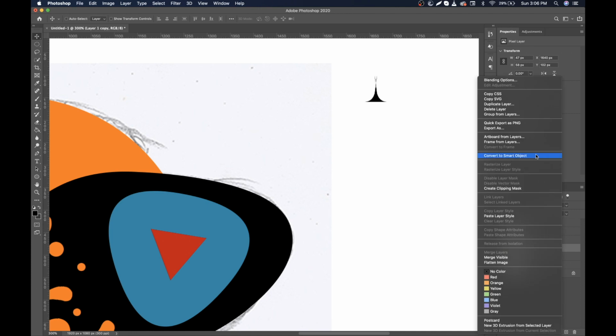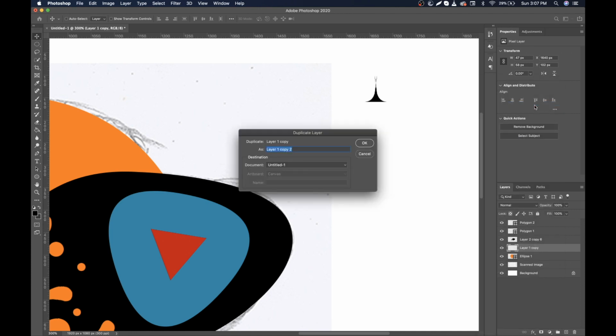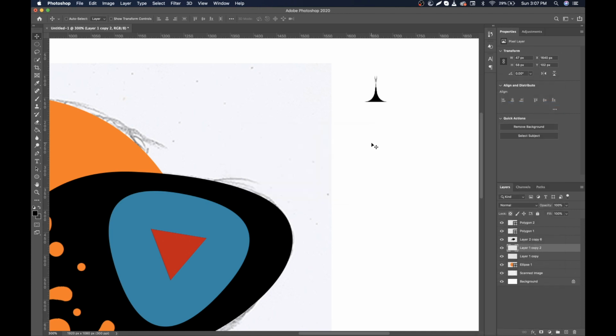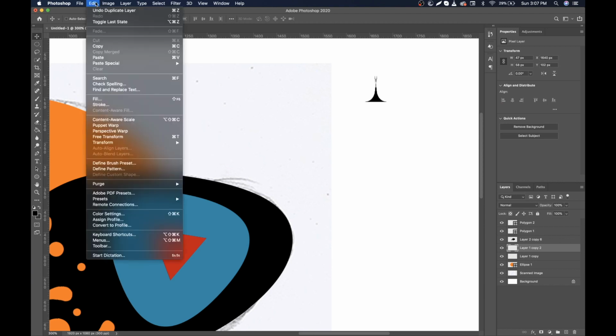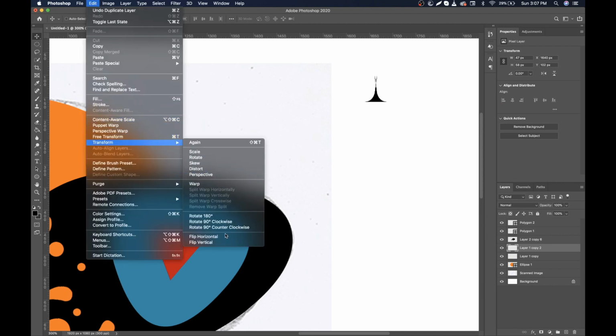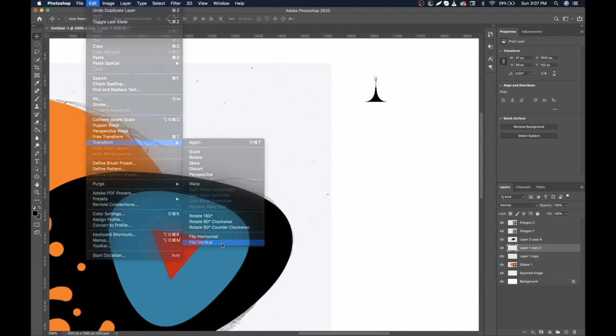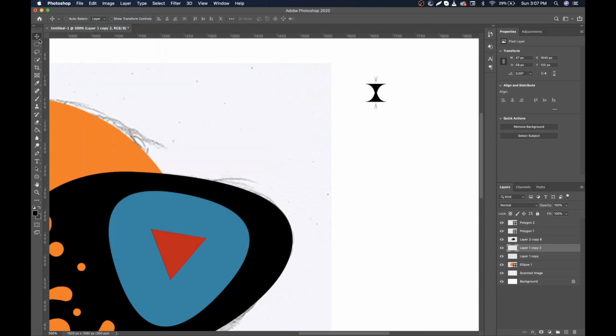Now again right click on the merged layer. Go to edit transform. Now select flip vertical. Now select move tool and place it like this.